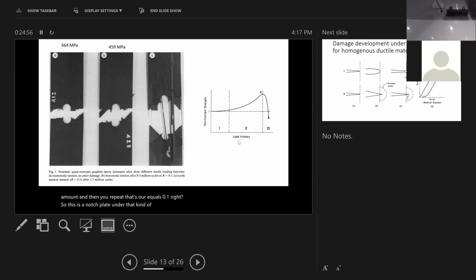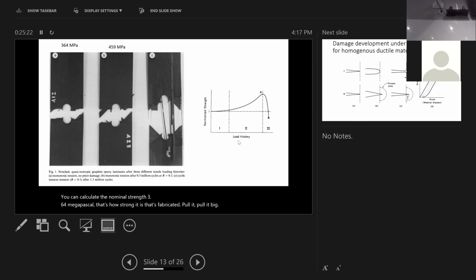You first measure how strong the material is. The picture on the left is the coupon when you just pull it to break in one cycle. You can calculate its nominal strength is 364 megapascal. That's how strong it is as fabricated, when you just pull to break. And